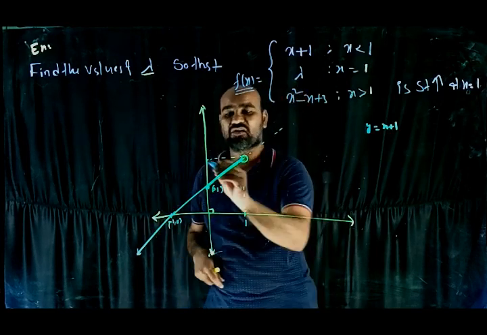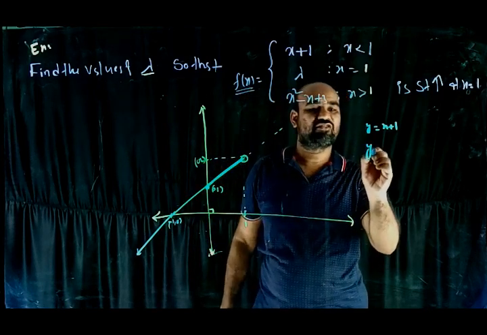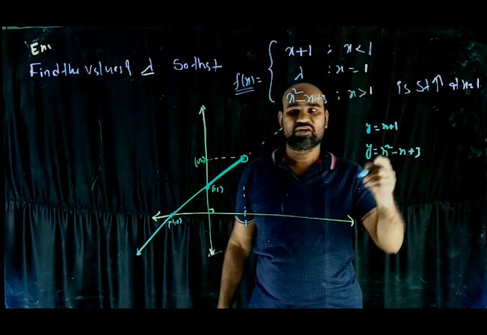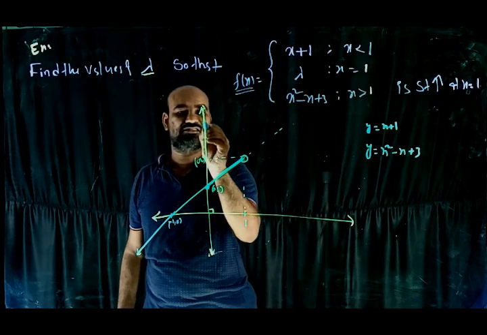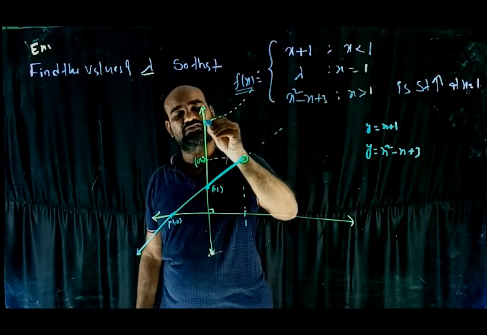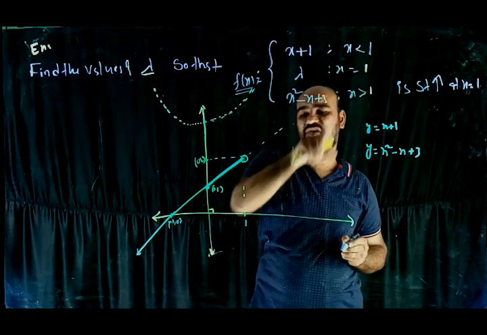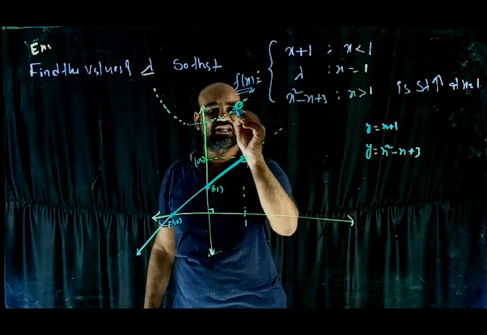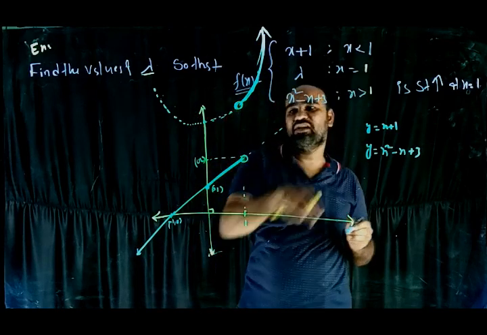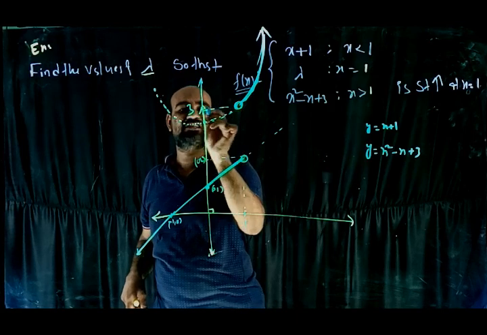Now I want to draw the graph of y is equal to x square minus x plus 3. Parabola, x equal to 0, y equal to 3. So your parabola will be like this. If x equal to 1, put x equal to 1, y equal to 3. So it is an open circle. This is the parabola, because it is for values greater than 1. So the corresponding point is (0, 3).